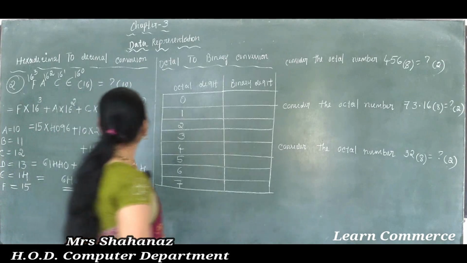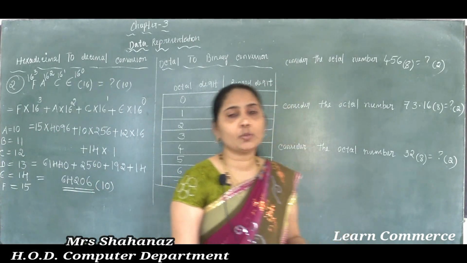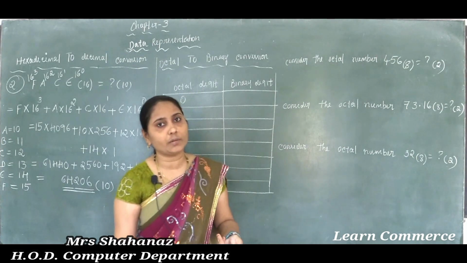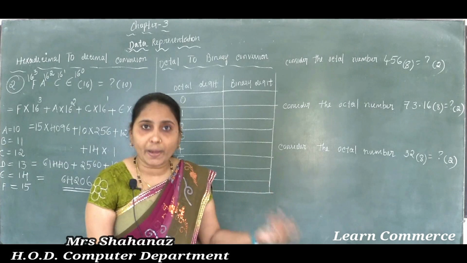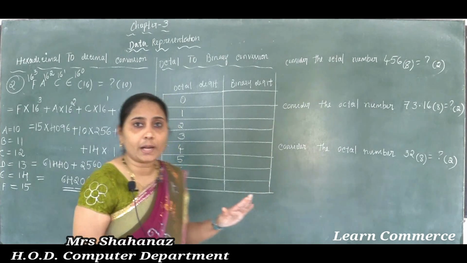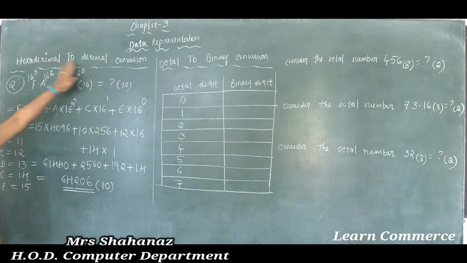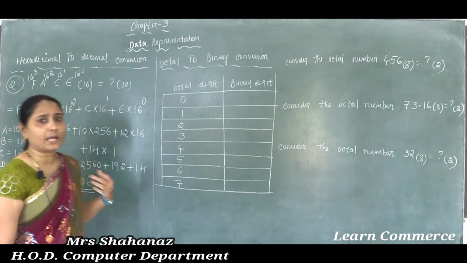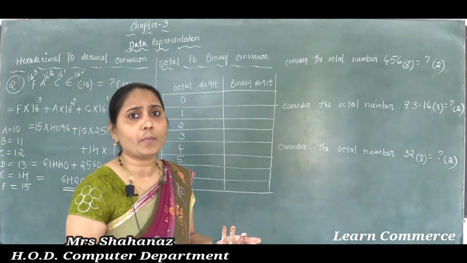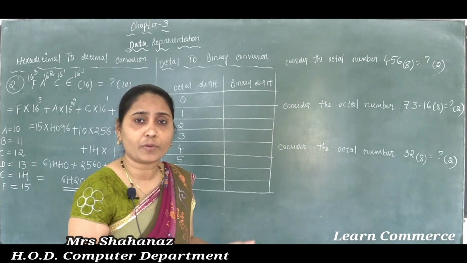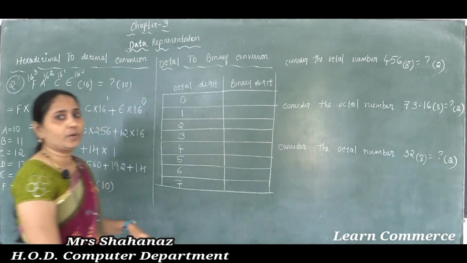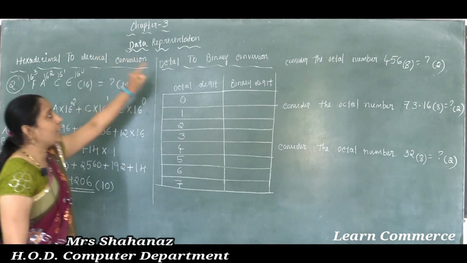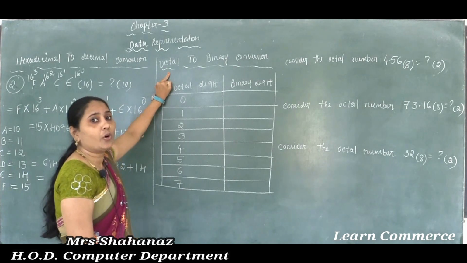Now, after completing decimal to binary conversion, binary to decimal conversion, decimal to octal conversion, octal to binary conversion, each and everything we already completed from one to another, hexa to decimal, decimal to hexadecimal. Like that we converted many conversions, correct? That means in the number system, from all types it's possible to convert from one to another. Now, after completing hexadecimal to decimal conversion, let's go to the next type.